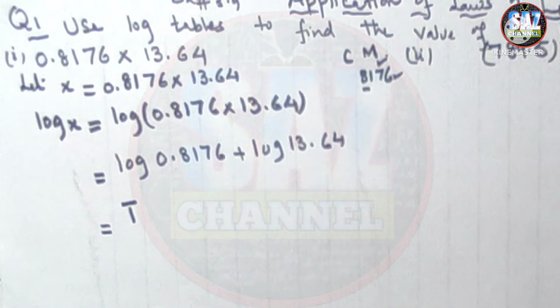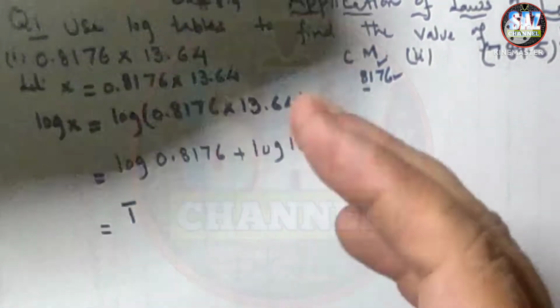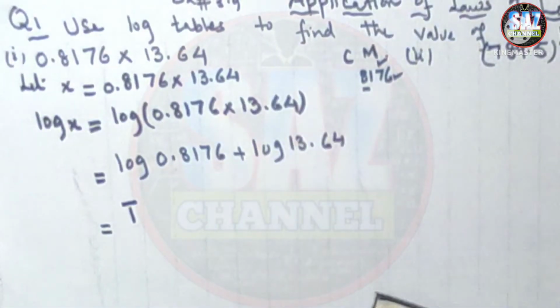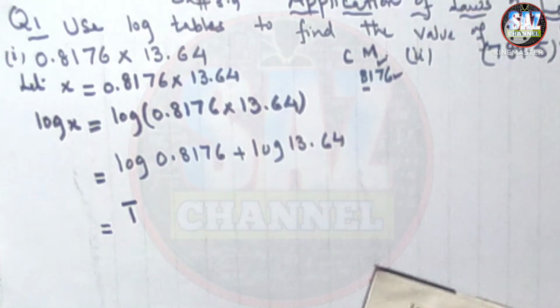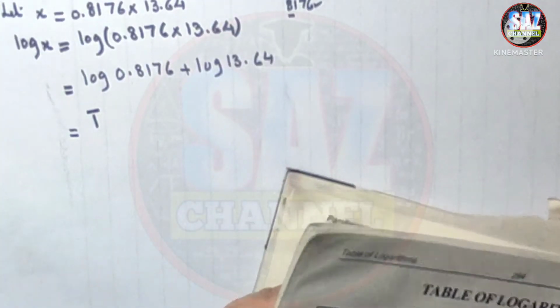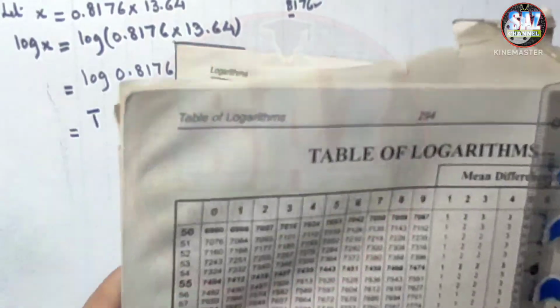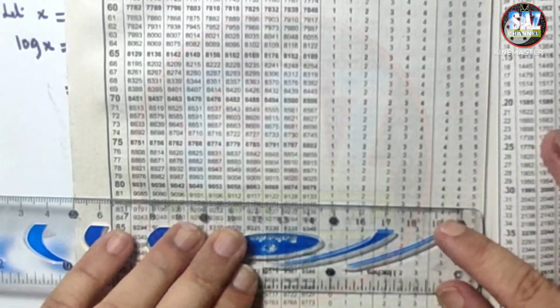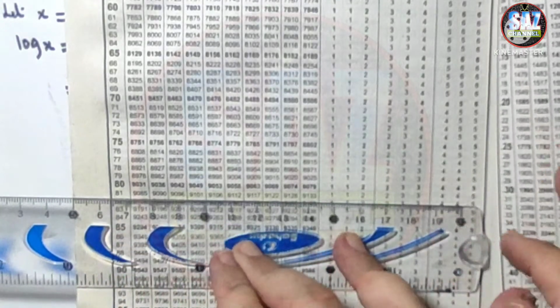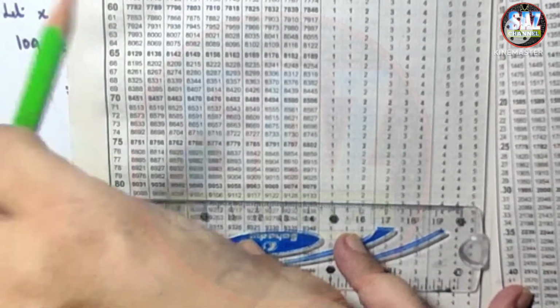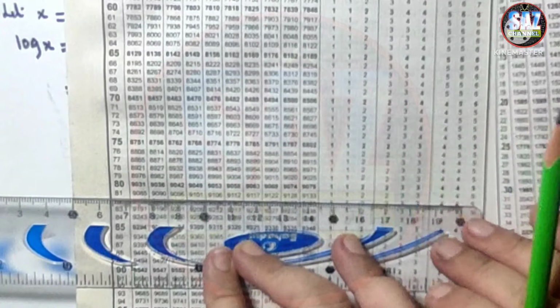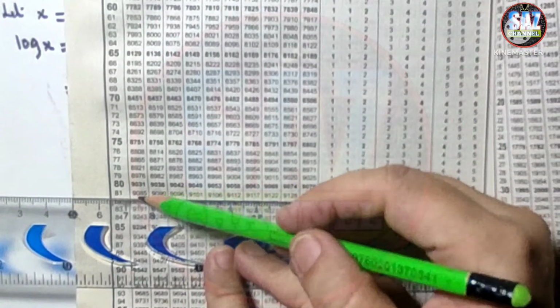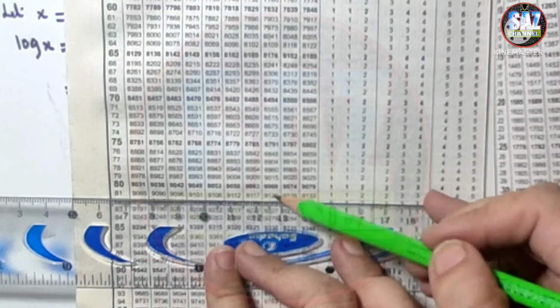Let me try to keep my book under the camera so that my students can see this clearly, how to locate 81. This is the book, and 81 has to be located in the column of 7. So this is 7,